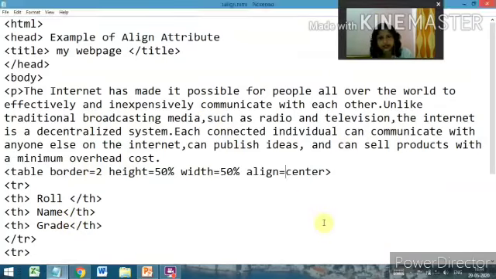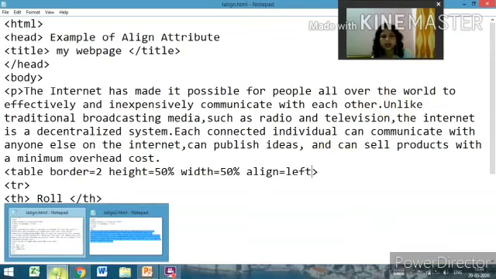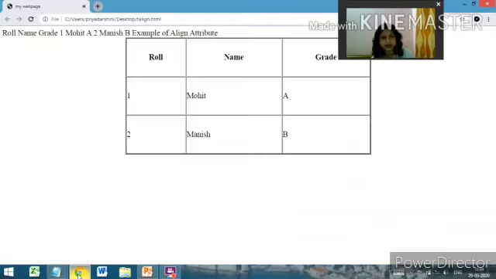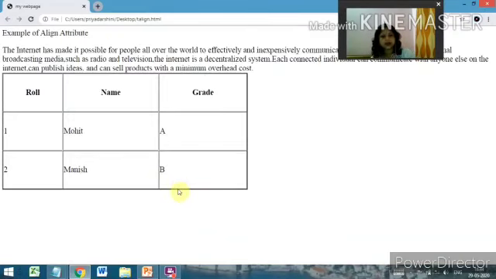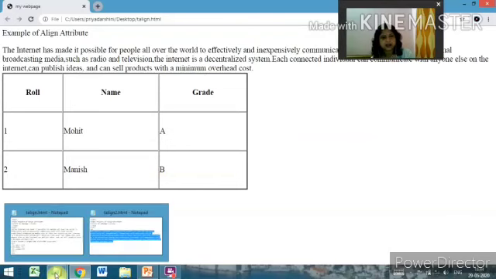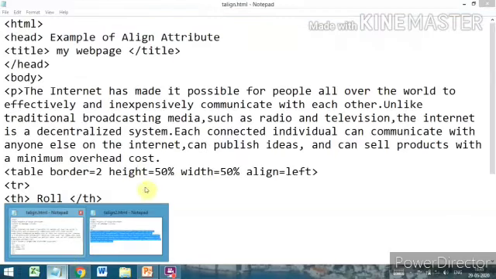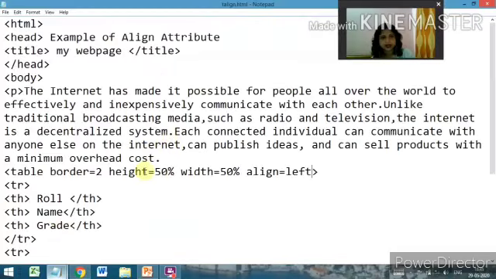First we'll start with align is equal to left. Here see, I have used align is equal to left with this paragraph. So we'll see how the table is arranged with respect to the text. So now press F5. Now see, let us make the table small so that you can better understand.